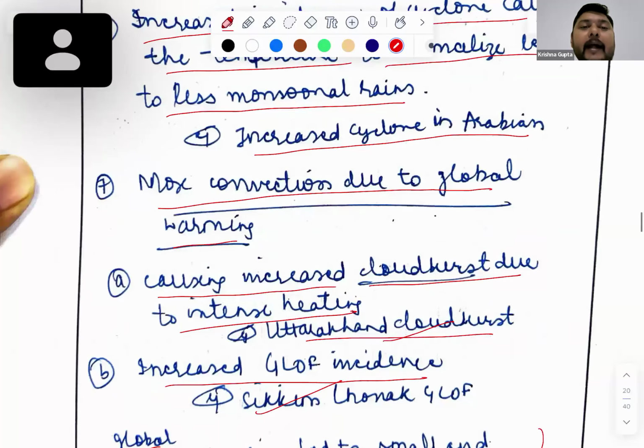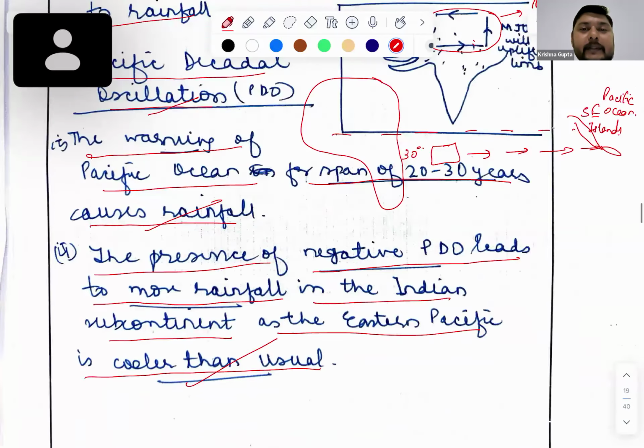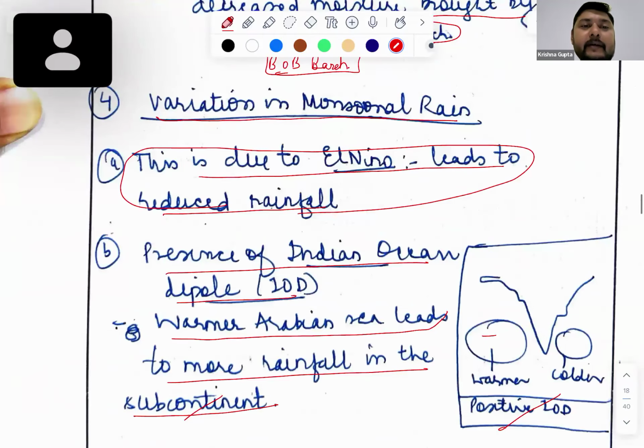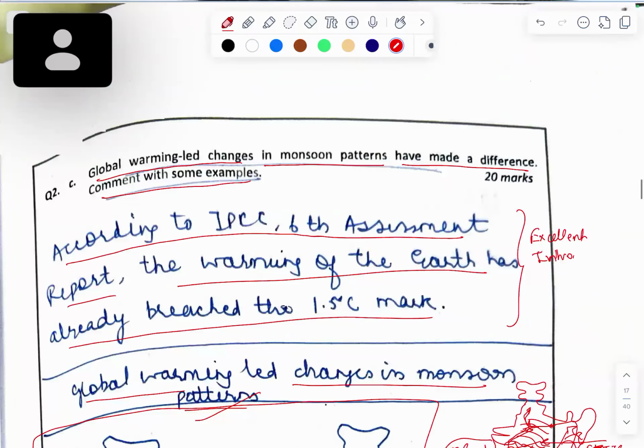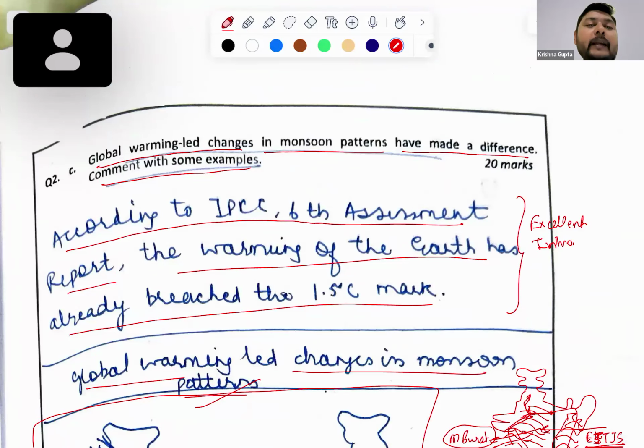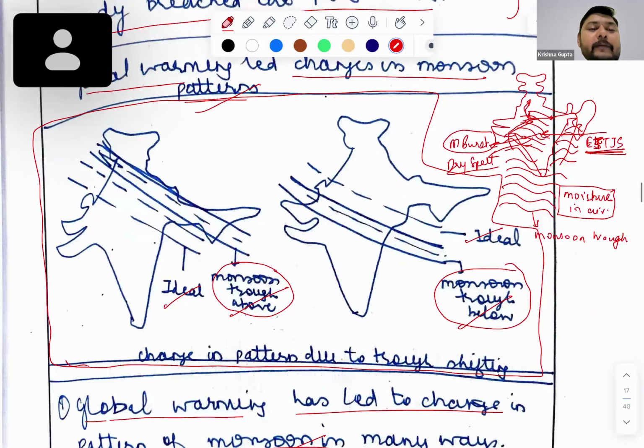Now, what I need you to add here is quite important from the perspective of climate change. We are talking about the global warming led changes. So global warming,